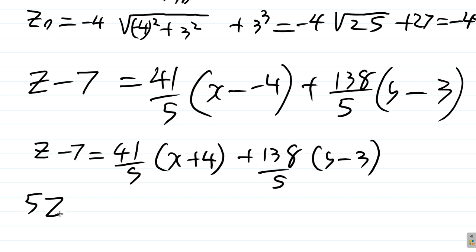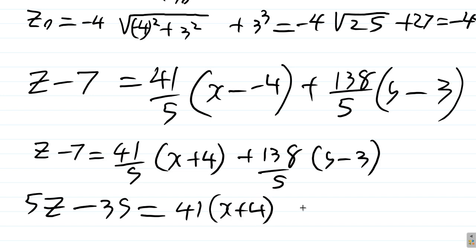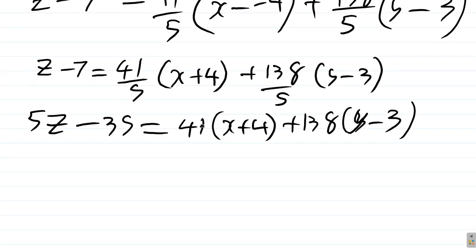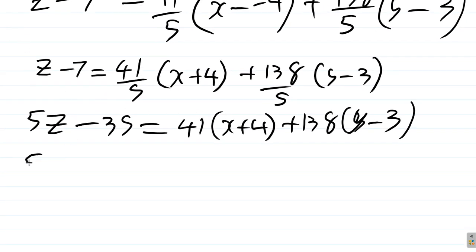You get 5z minus 5 times 7, which is 35, equal to 41 times x plus 4, plus 138 times y minus 3. And now if we open all of the brackets, 5z minus 35 equals